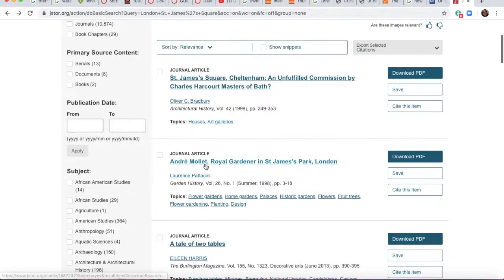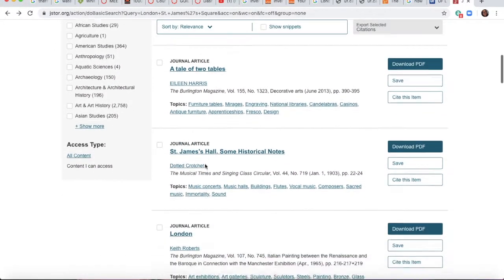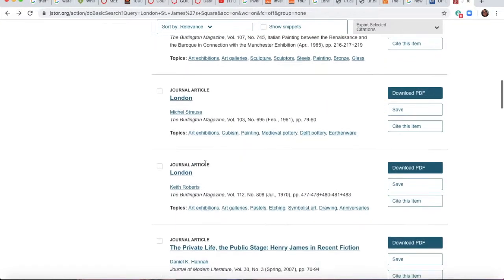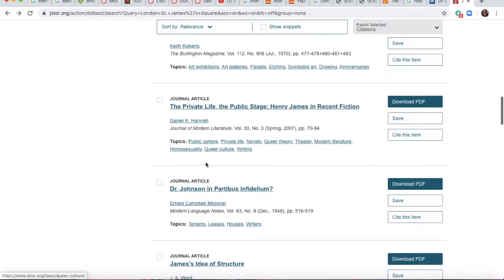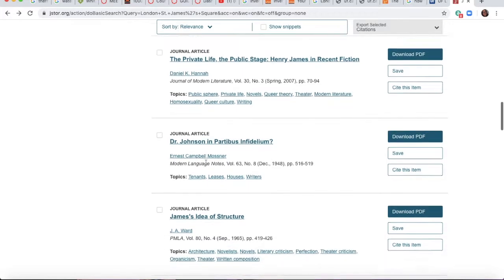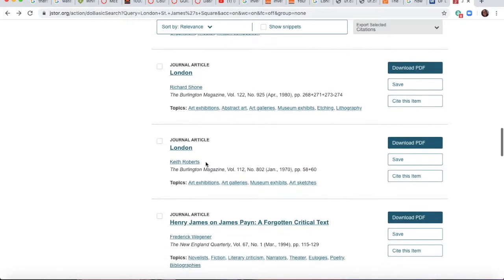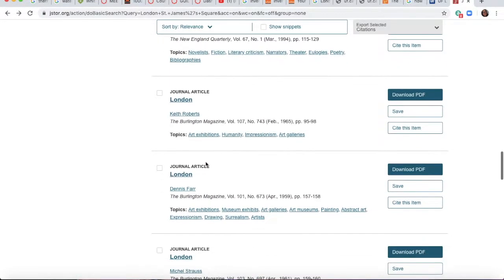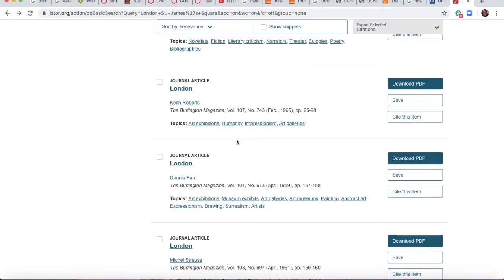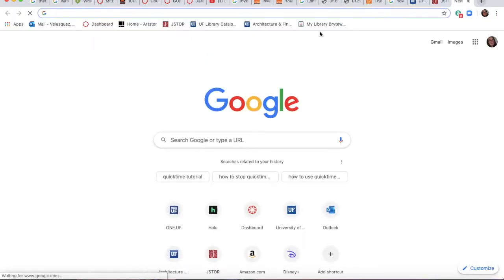So this seems like a really good source to use. I'm gonna keep looking. I don't really see any more sources, but I am now going to